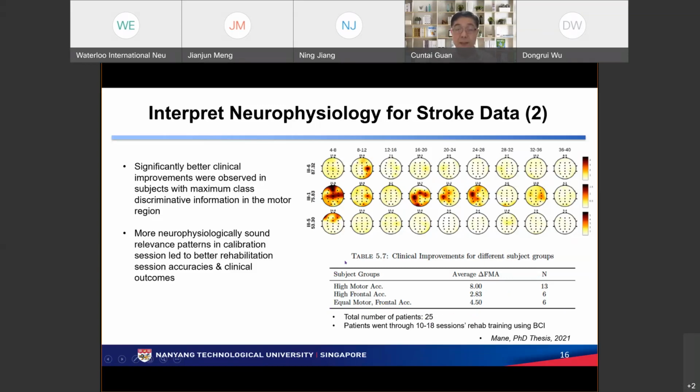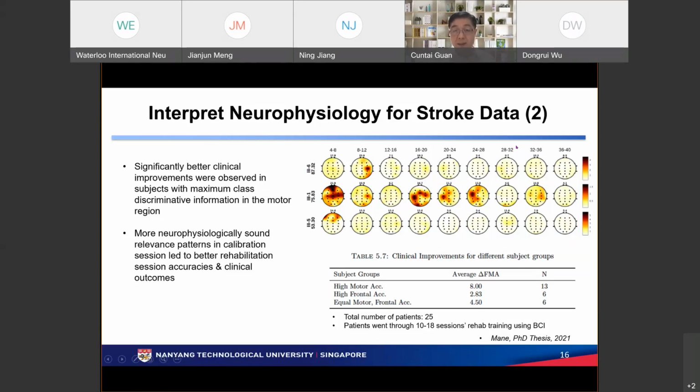On the other hand, this study can also open another space. If we find patients who, when they perform motor imagery, use only the frontal area or frontal plus motor, we can teach them to learn how to do kinesthetic imagination to activate the motor area. Because before they go through many weeks, we already have this information. So can we use this to guide them to perform more effective rehabilitation? These are the questions and hypotheses we are going to test in our next clinical studies.